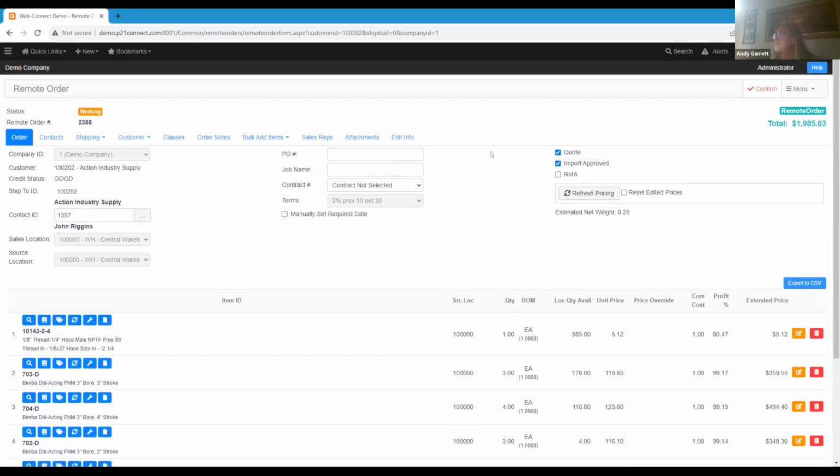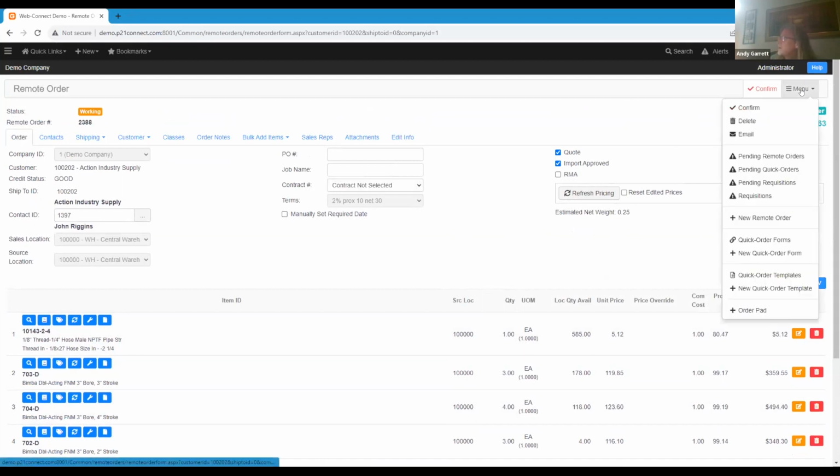So from here, I can do some really cool stuff. I mean, I can edit the pricing. I can export this to a CSV file for a little Excel file if I need to. Maybe I just want to export that and send him over a spreadsheet. I can do that so he has the pricing and work with that. That's pretty neat stuff. But I can also just go ahead and email this directly out of Web Connect, and